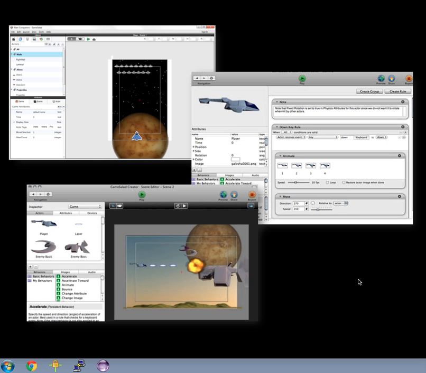pressing a key on the keyboard or moving the mouse, or a touch event on most common mobile devices, like tapping on the screen or swiping up and down or from left to right or in a circle. These are all examples of interaction events. Now we'll see plenty of examples of all of this as we make our way through the tutorial portion of today's app design contest. The point I want to make is that by using GameSalad, you don't really write any